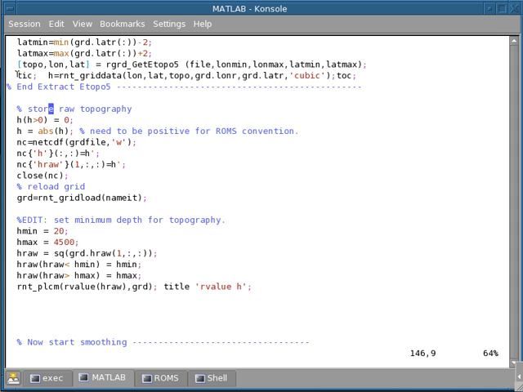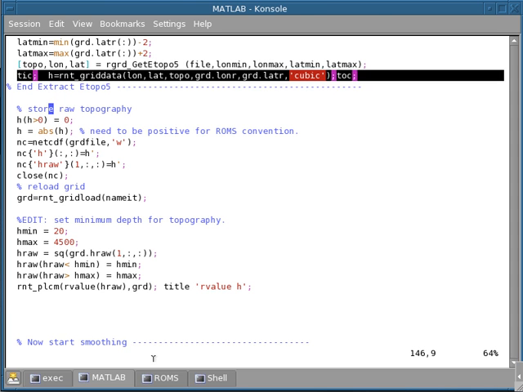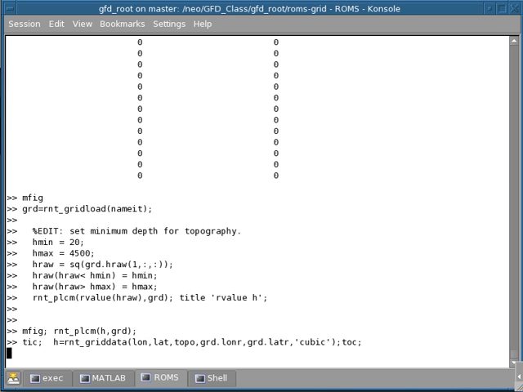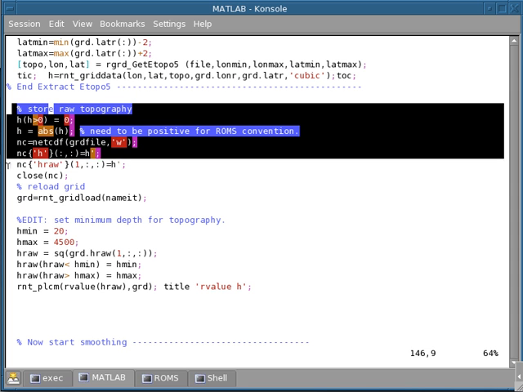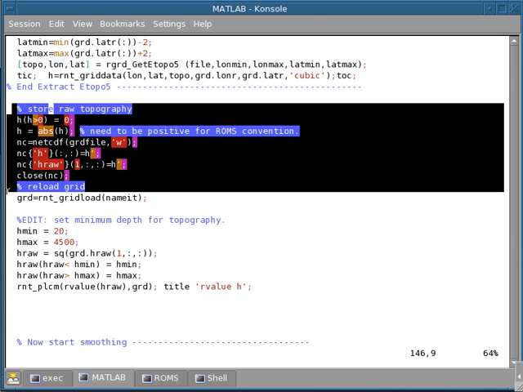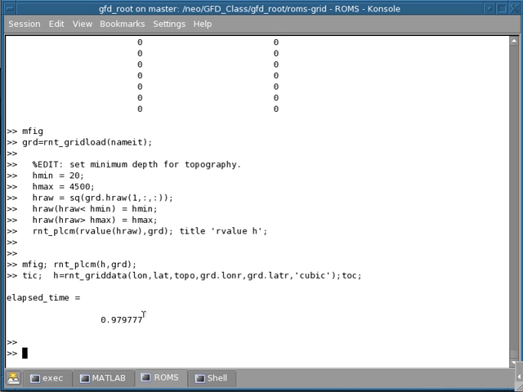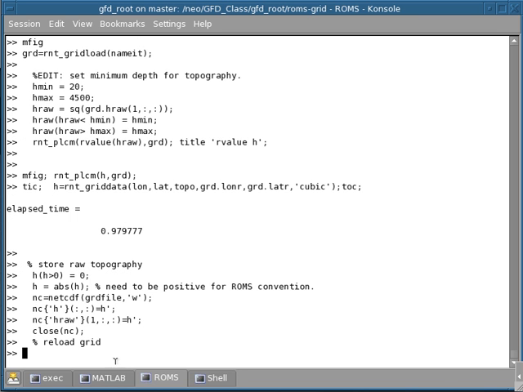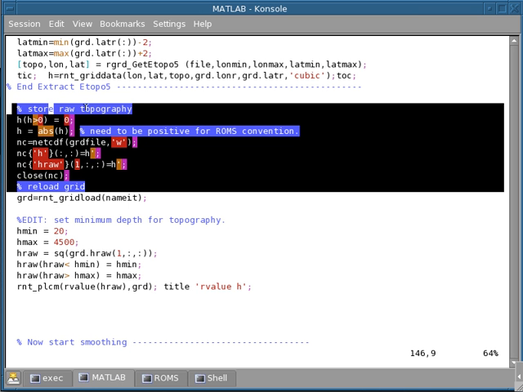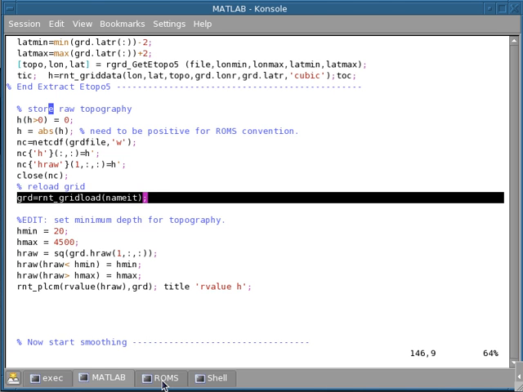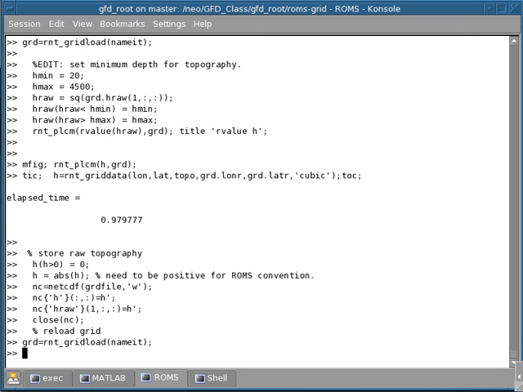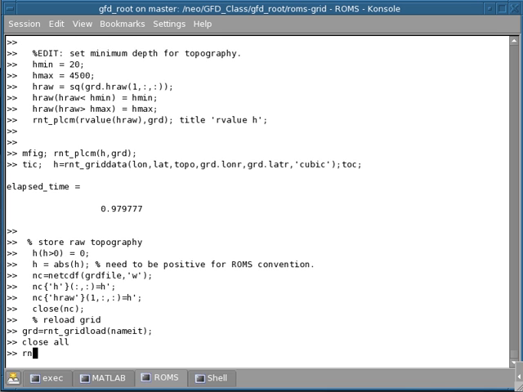Okay, so I did this. And we're going to store the topography onto the grid file by executing this command. So this is store raw topography here. And now we're going to reload our grid file, ROMs. Okay. So once we did that, we can now plot the grid file